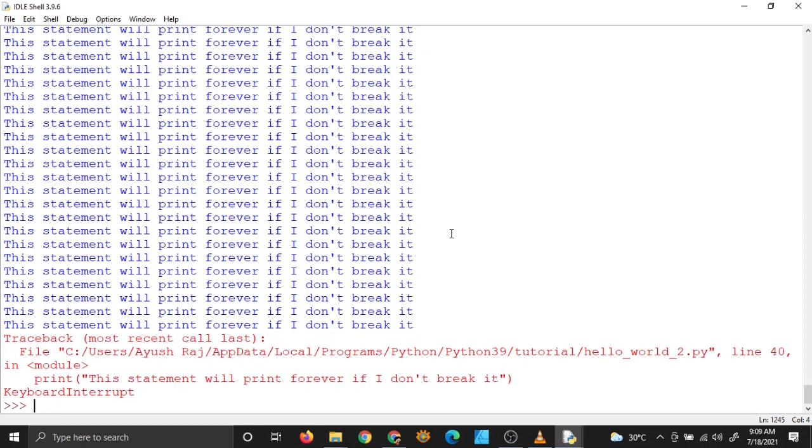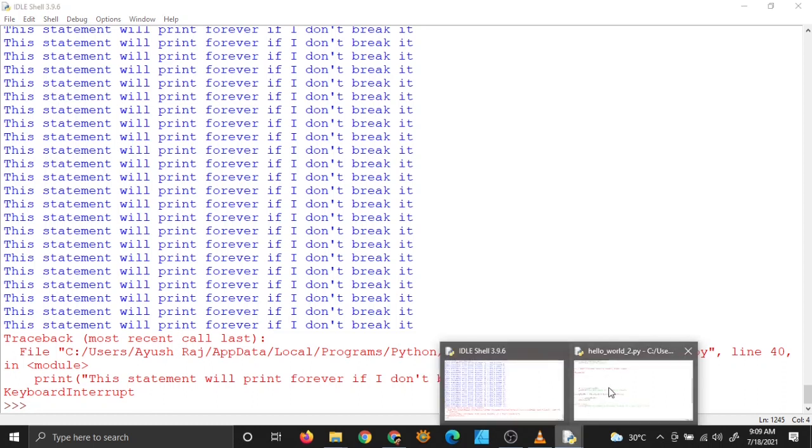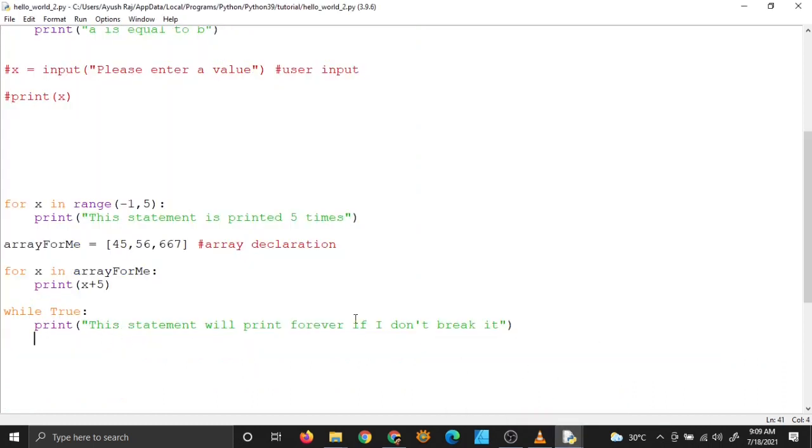Control plus C, right? When you do that, for a statement that is running indefinitely, it will stop the statement. That's like a fail safe which is given to you by the operating system or by this program. I'm thankful for it. And that's how an infinite loop looks, an indefinitely running loop. So that's how it works.